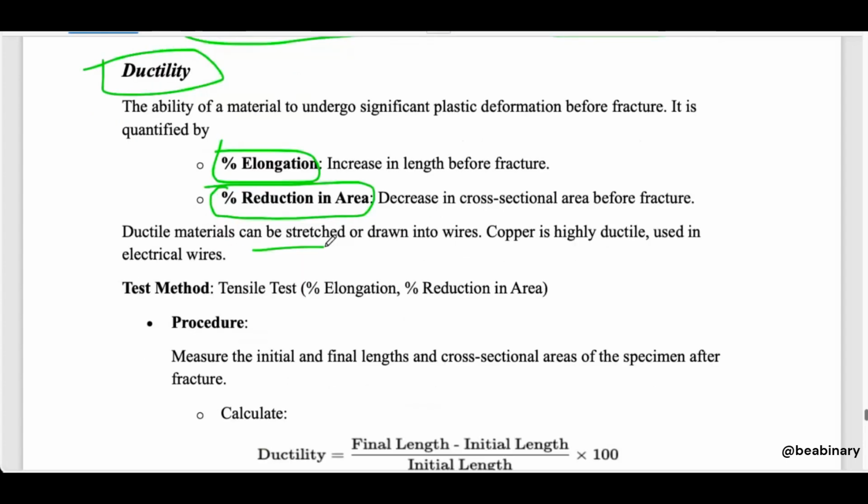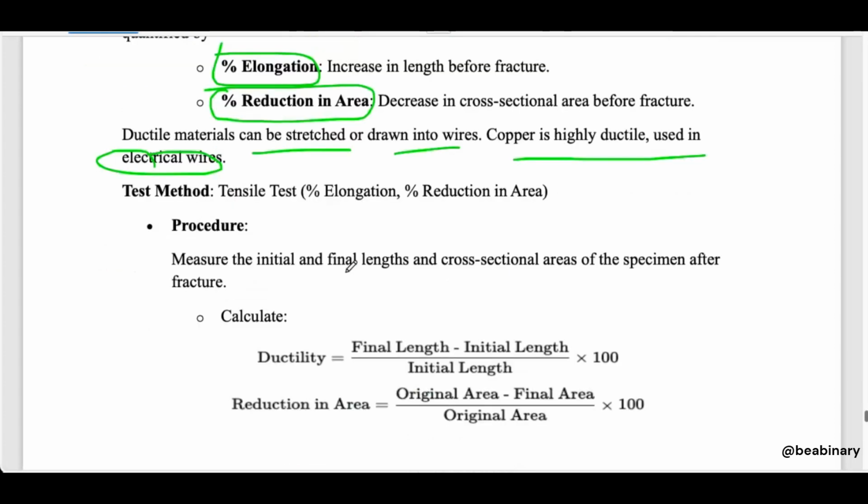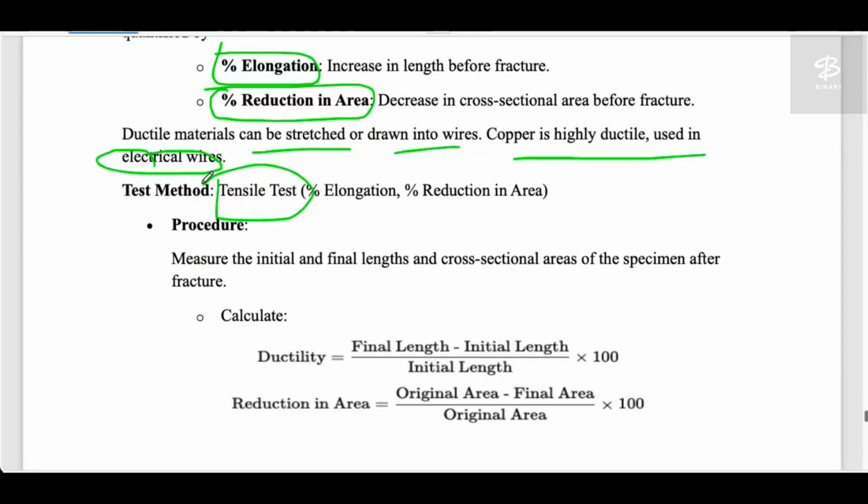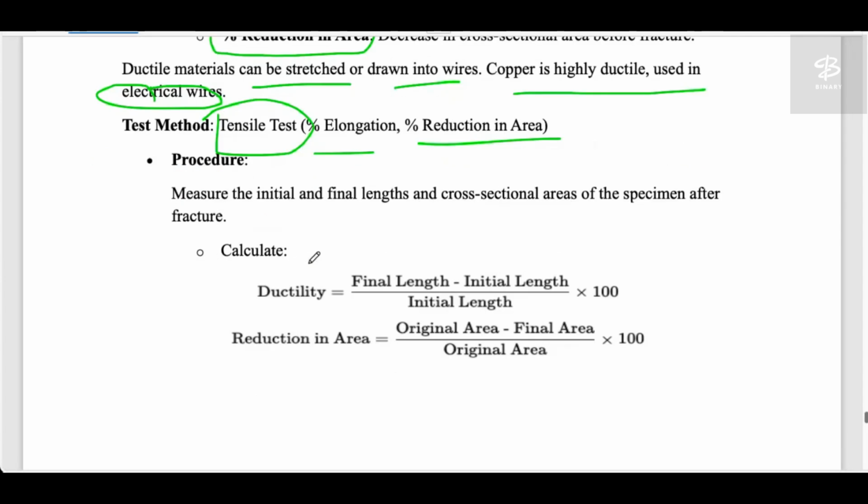The ductile material can be stretched or drawn into wires. Copper is highly ductile and used in electrical wire. This is an example that copper can be stretched very long without failure, so it is a highly ductile material and it is used in wire. The tensile test method is used, that I have shown above, which shows the percentage of elongation and percentage of area reduction. Okay,